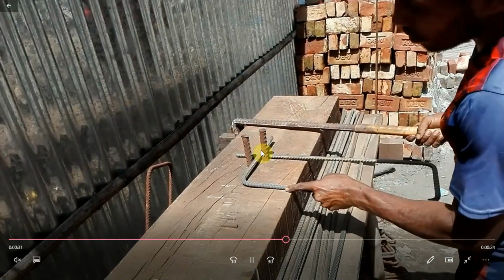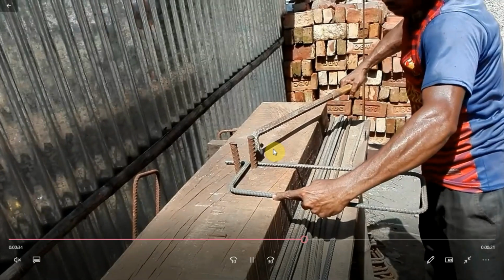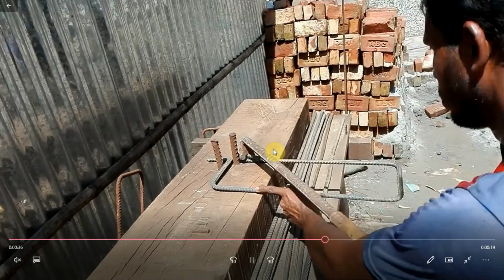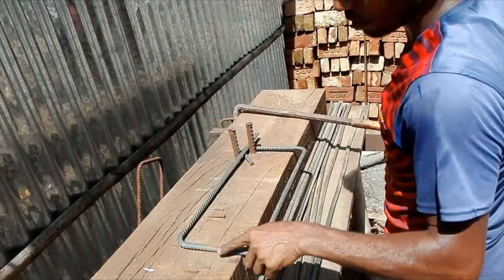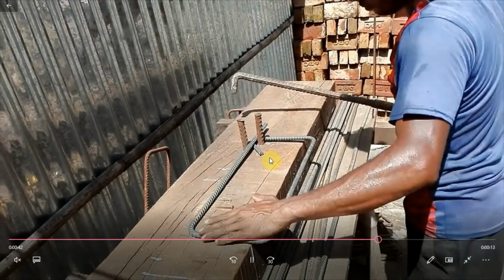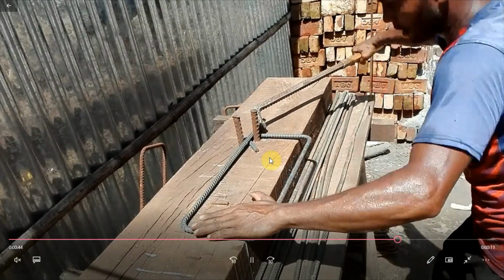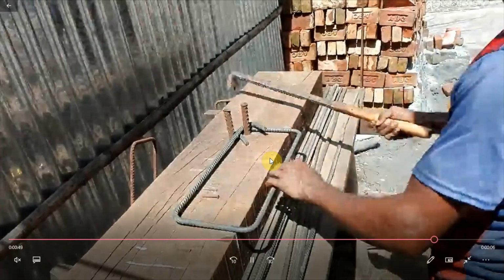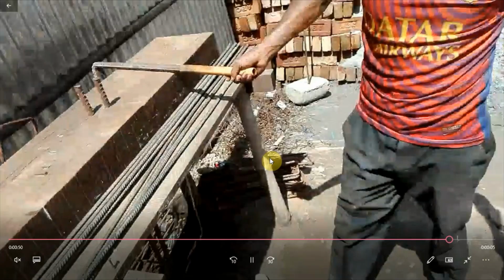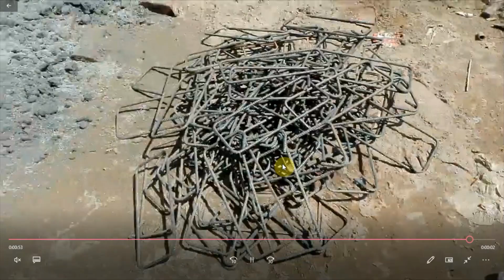An important thing, now you can see he is bending those hooks to 135 degree like this. Okay, 135. So you can see how laborious the procedure is. Likewise, these rings are prepared.